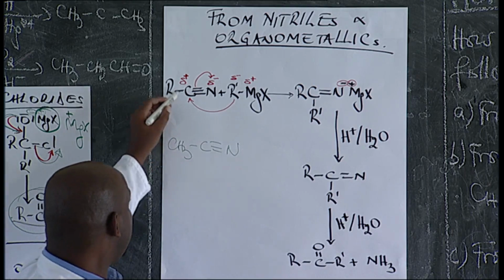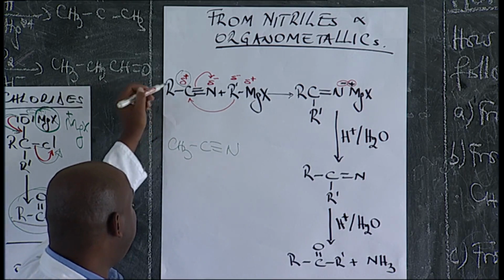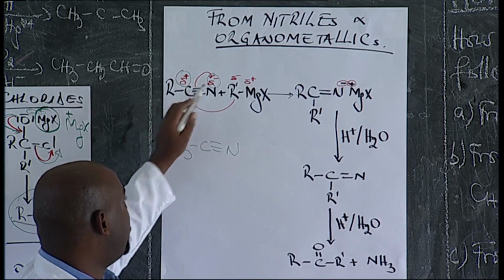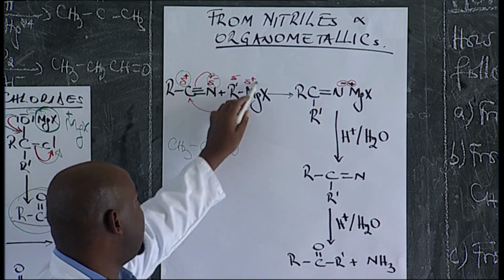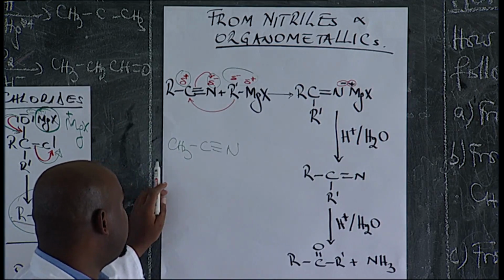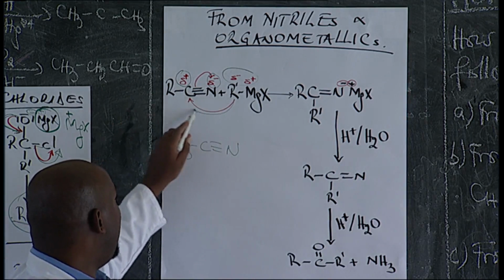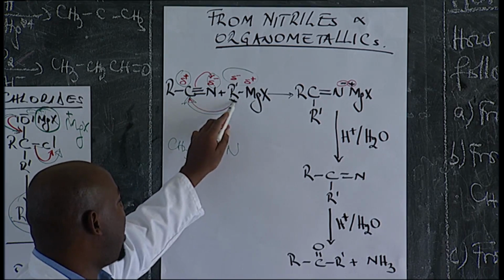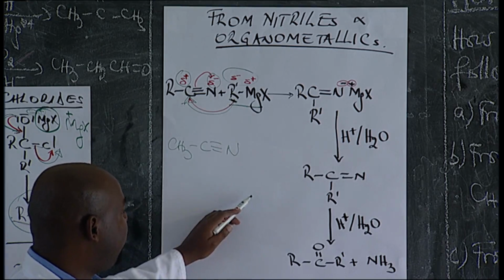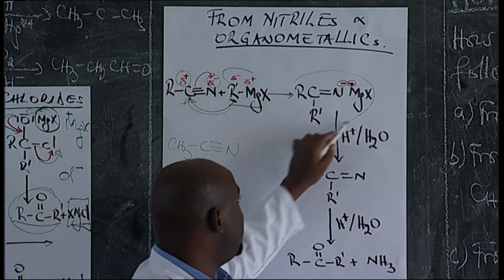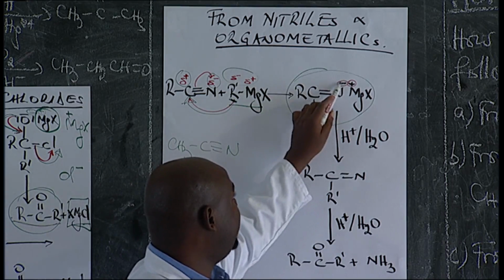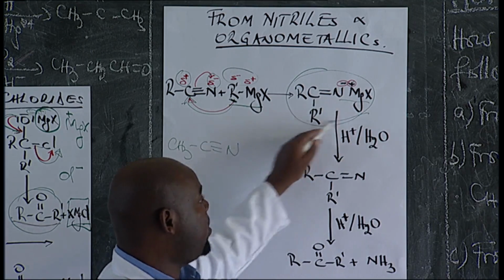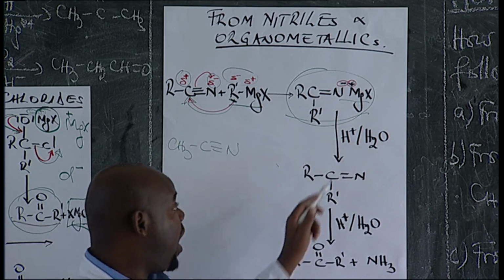So the carbon here is partially positive and the nitrogen is partially negative because of being more electronegative, and it is like this because of the same reason. So there can be an attack on this carbon from the partial negative part of this organometallic. We get this intermediate with a negative charge and a positive charge on this part. When this intermediate is hydrolyzed,